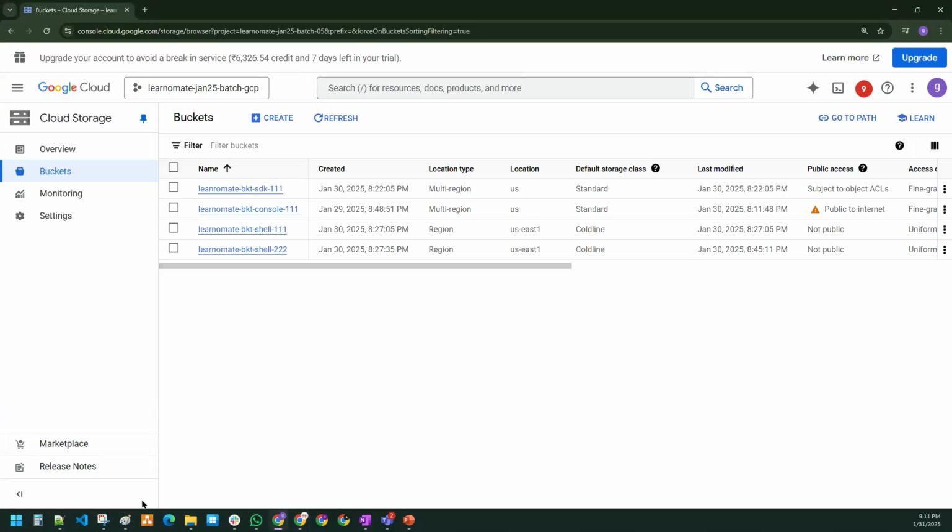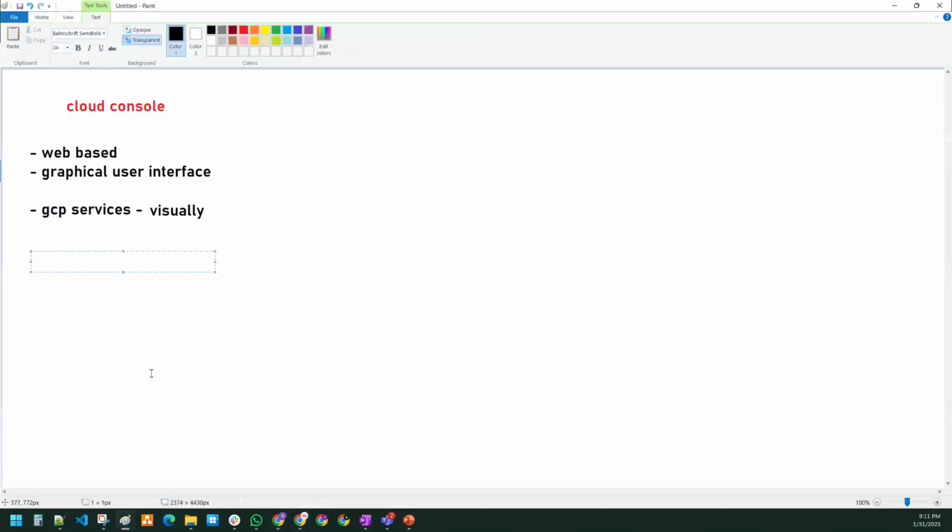So what can we do? If you ask me, we can do most of the things, such as create buckets and store data. Similarly, you can create datasets and tables in BigQuery. In BigQuery, you can do all of these things. Similarly, you can create VMs, virtual machines, and clusters, and you can assign the